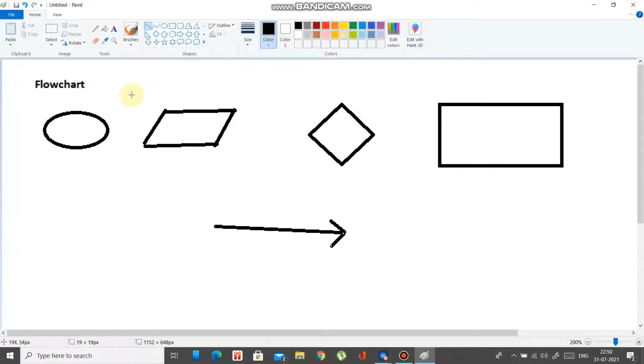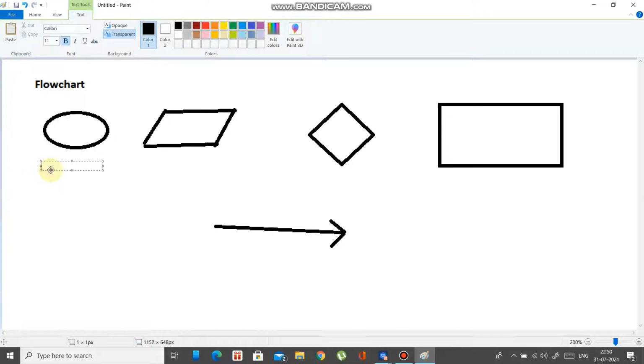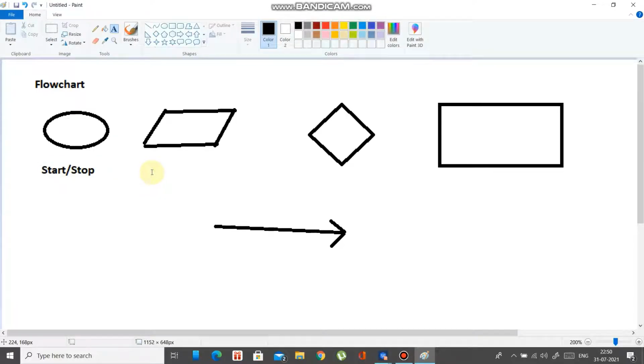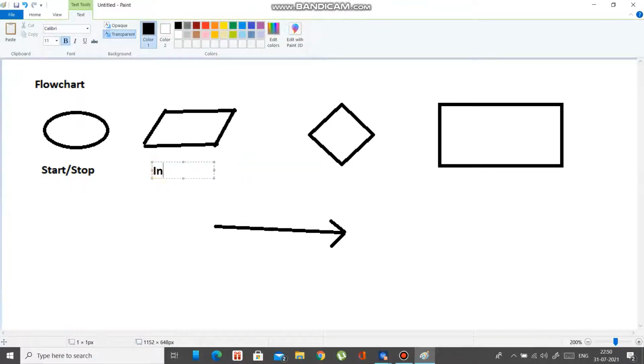So this oval represents start and stop. This parallelogram represents input and output.